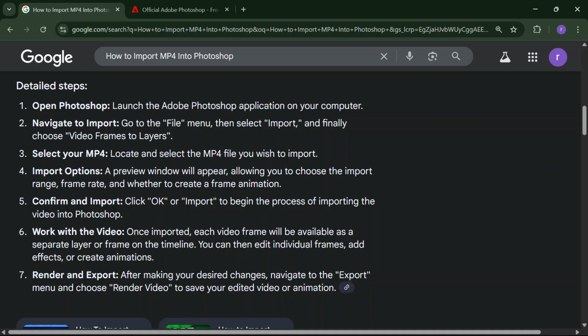the video into Photoshop. And once imported, each video frame will be available as a separate layer or frame on the timeline. You can then edit individual frames, add effects or create animations. And after making your desired changes, navigate to the Export menu and choose Render Video to save your edited video